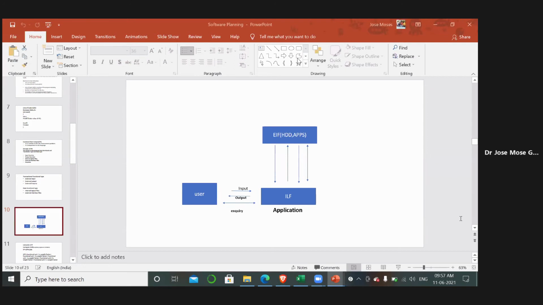46 members are present. I should get an answer: do you understand what this diagram is? And can you give me an example for this particular diagram? FP analysis, okay, yes, it is for FP analysis, but I'm asking in general, what do you understand from this particular block diagram? Are you making any sense of this diagram?